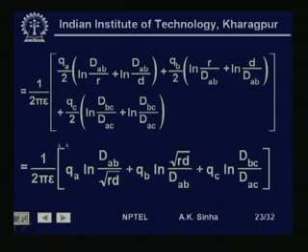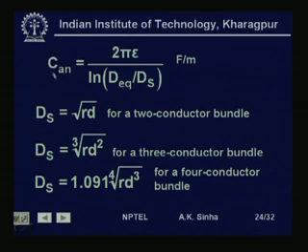Now, when we add these terms, this can finally be written as 1 by 2πε times QA log n dAB by RD square root of RD, plus QB log n square root of RD by dAB, plus QC log n dBC by dAC. Now, if we remember, the inductance relationship is very similar to this relationship, and therefore this can again be written in terms of capacitance,